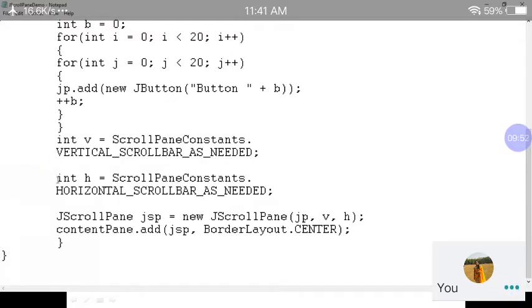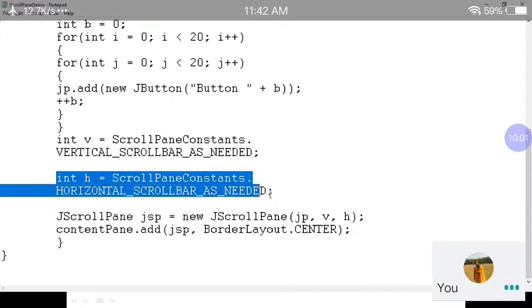The second variable is int h equal to ScrollPaneConstants.HORIZONTAL_SCROLLBAR_AS_NEEDED, meaning whenever there is a necessity for a horizontal scroll bar, then that will be added on my applet. So these are the two constants I have used for the vertical scroll bar and horizontal scroll bar.